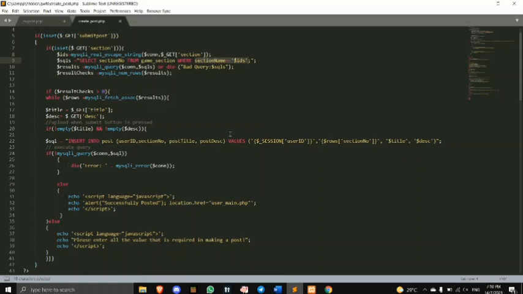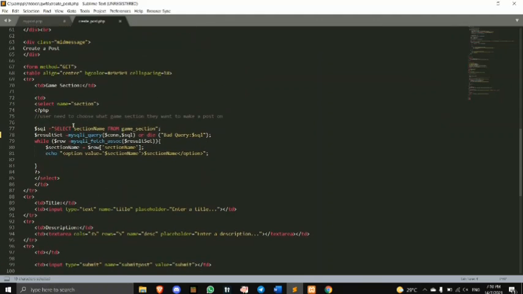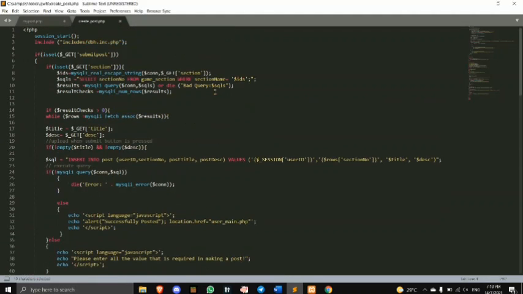Because what we did earlier, we only select section name from game section, so we get the section name from the game section table, and then